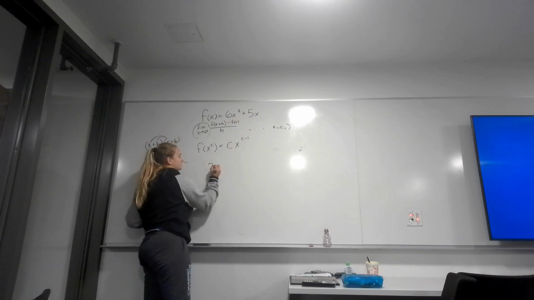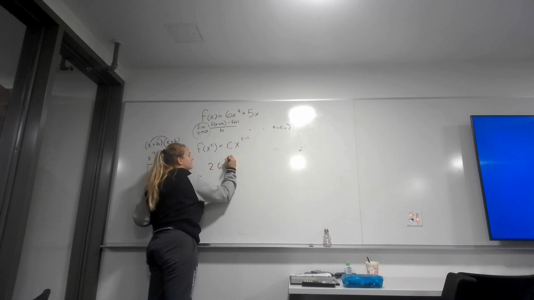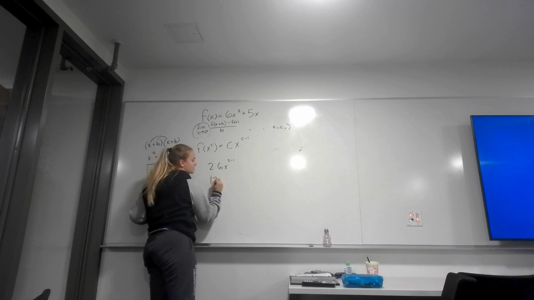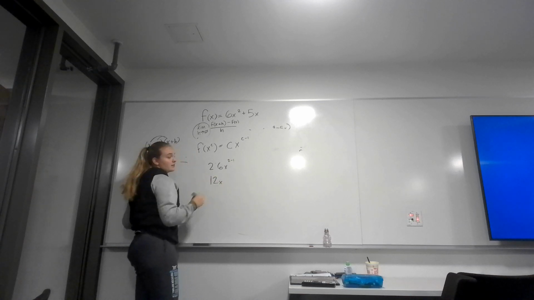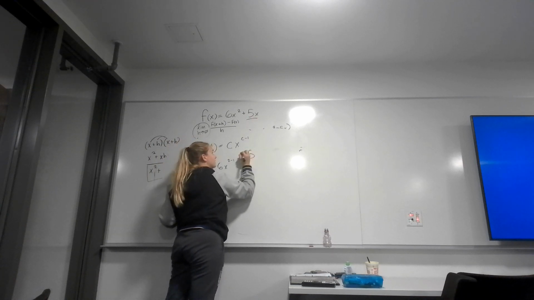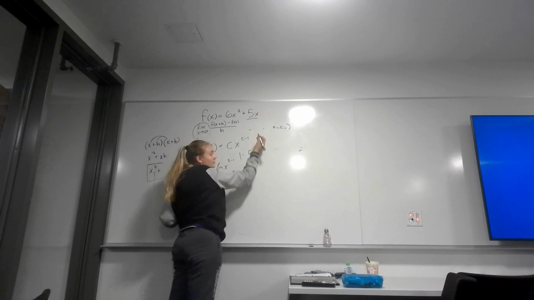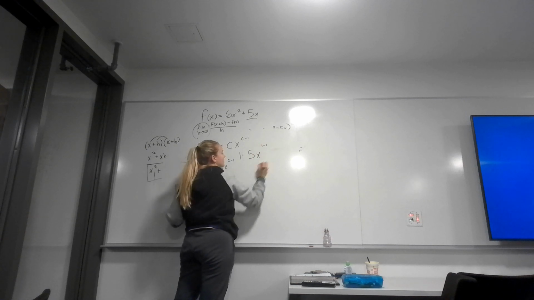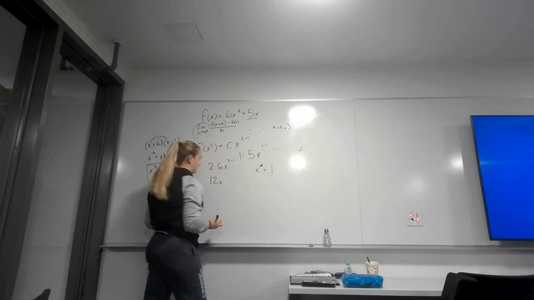So we're going to get 2 times 6x to the power of 2 minus 1, which gives us 12x, which is the first part of that derivative that we found, 12x plus 5. And this bottom here, it's going to be 5 times 1, because that's just x to the power of 1. x to the 1 minus 1, x to the 0 is just 1. So we get